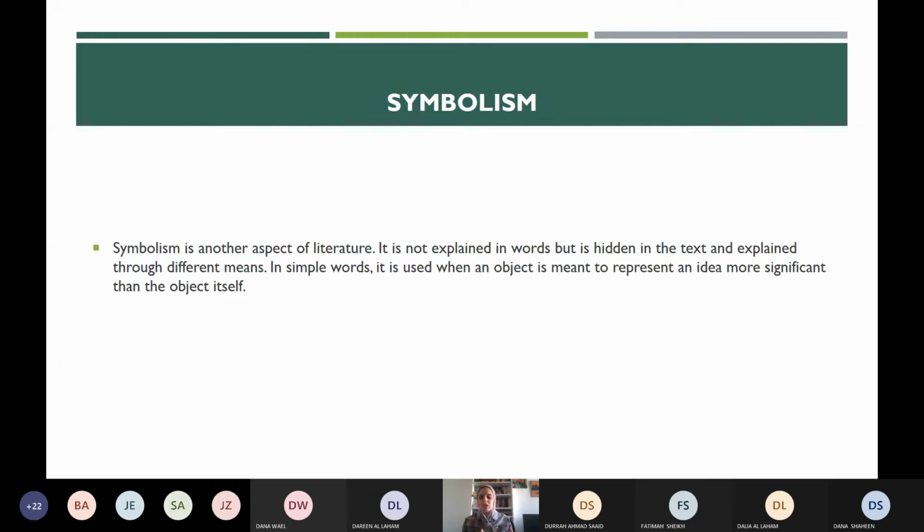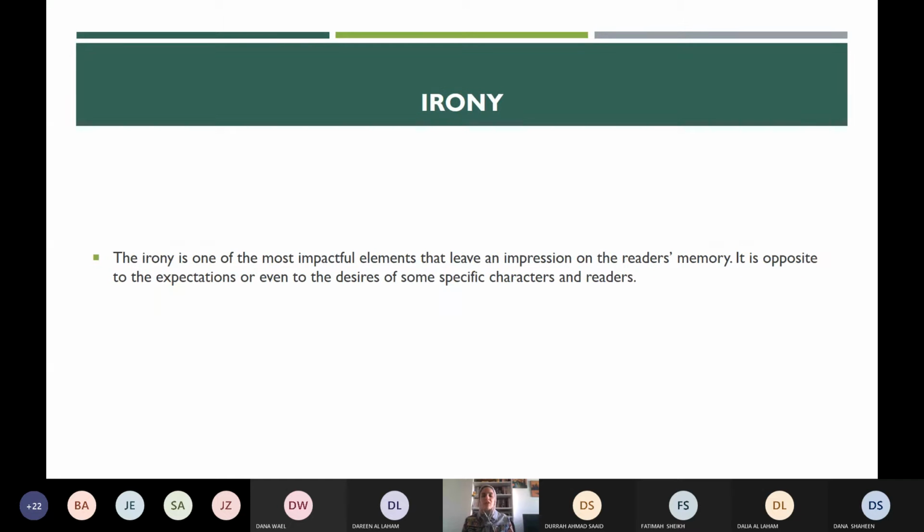Remember when we were in grade 9 and we took The Scarlet Ibis, this bird that fell on the ground and died, what did it symbolize? It symbolized the baby boy, that he was handicapped. So it is also a literary device that should be analyzed in the essay. And then the irony. Irony, Ghada.